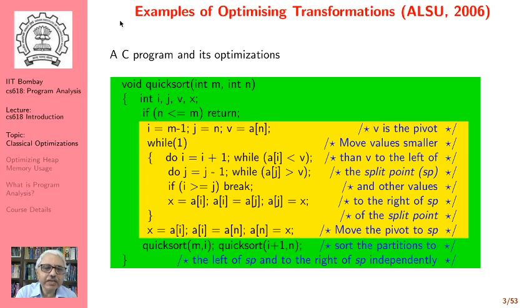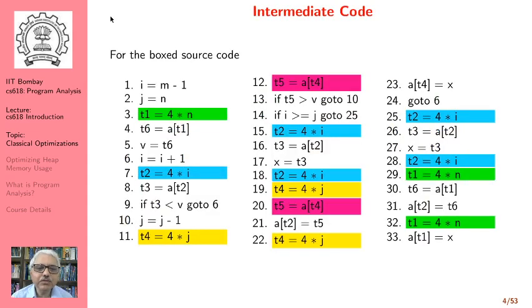So we're going to take the following quicksort function as a representative example. It doesn't matter to us what the program does. What we are interested in knowing is what we can do with the program. So we're going to focus on the code in the yellow box, and this code is the heart of the quicksort function, and we will represent this code using what is called a 3-address code or an intermediate code of the program. This is the intermediate code used by compilers.